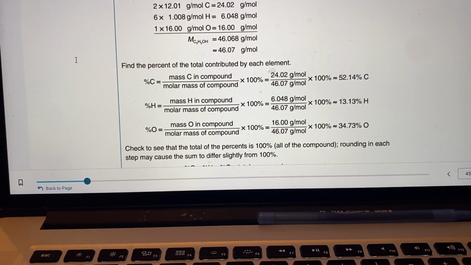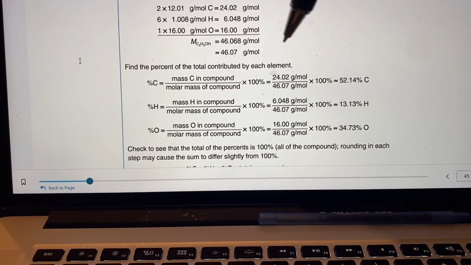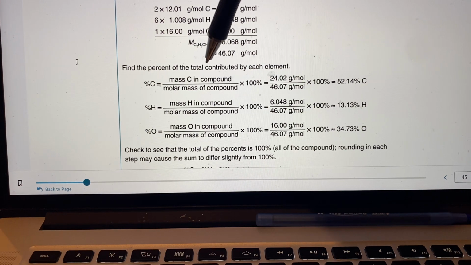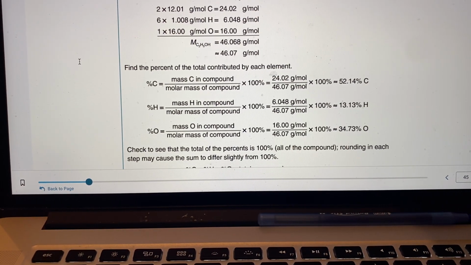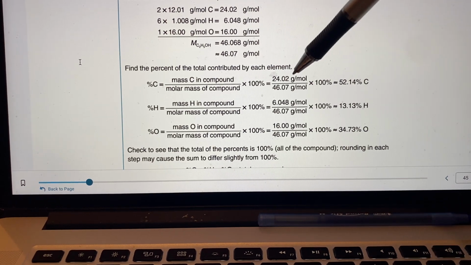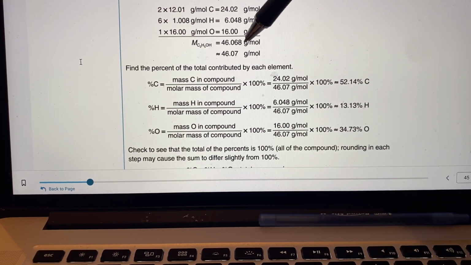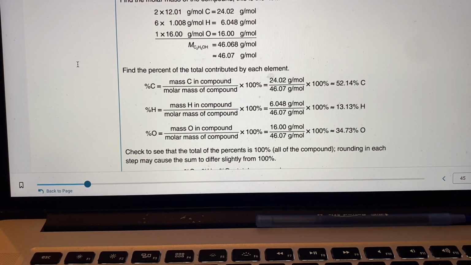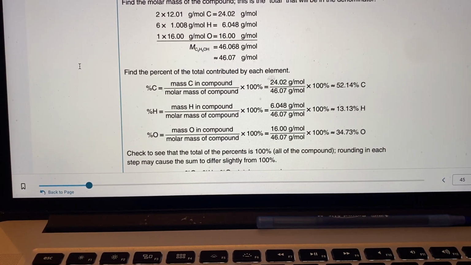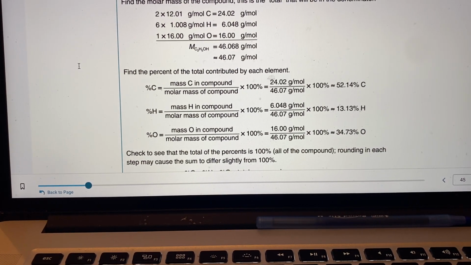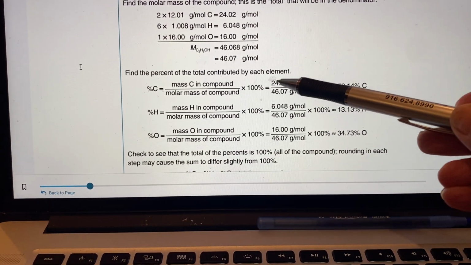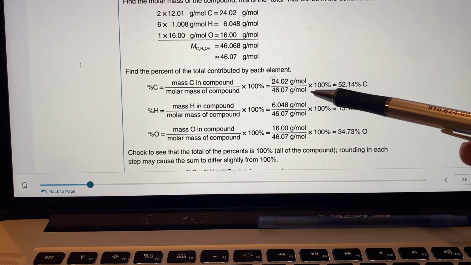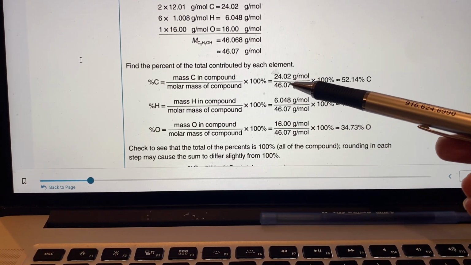So to find the percent there, what you're going to do is basically take the mass in C, which we have here, 24.02, we put it there, and just divide it by the total mass, the same way we did with the girls and the boys and how many the total were. And so you divide it by the total mass, which is 46.07. So get your calculator out. They already did it for you here. So 24.02 divided by